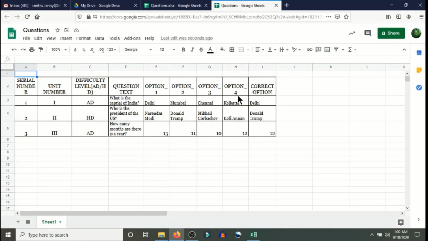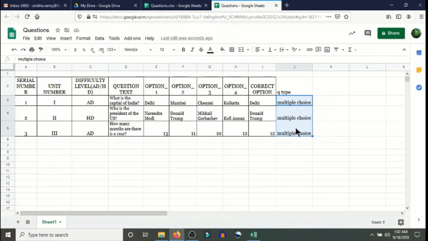So what do we do here? We have to add 2 more columns on the right side, and they can be in any order. The first one I'm going to call Q type. The header can be anything in any format, that's no problem. But what has to be written inside is the words multiple choice, only that. This is important. Capital or small letters don't matter, but the spelling has to be correct. Then I'm going to click and drag it down for all the questions, because all our questions are supposed to be multiple choice.